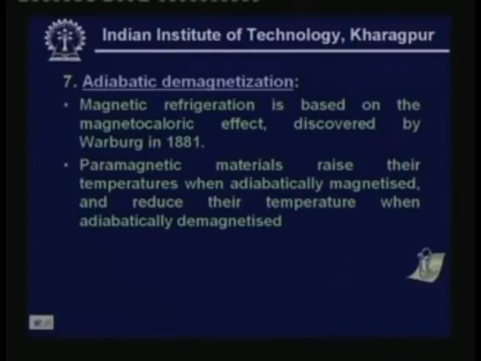demagnetized. Let us say that I have a paramagnetic material and I suddenly expose it to a very strong magnetic field. So the atoms of the paramagnetic material align themselves in the direction of the magnetic field. This is an exothermic process, that means during this process the entropy of the material reduces and heat is rejected. And the reverse effect, that means suddenly if I withdraw the magnetic field, then the atoms